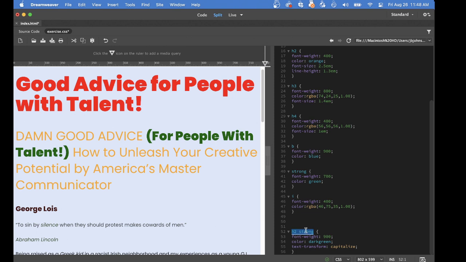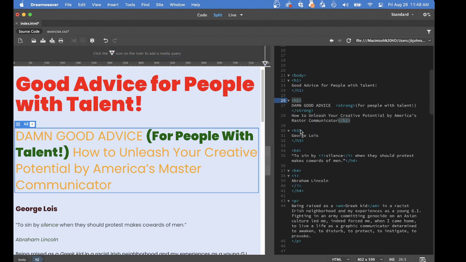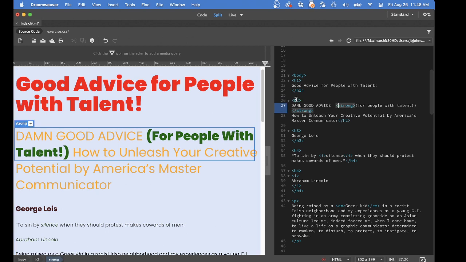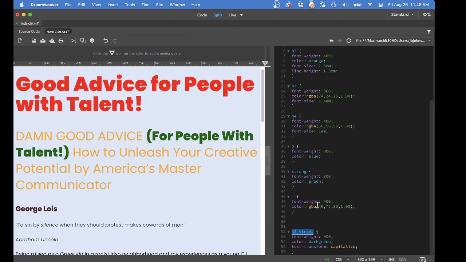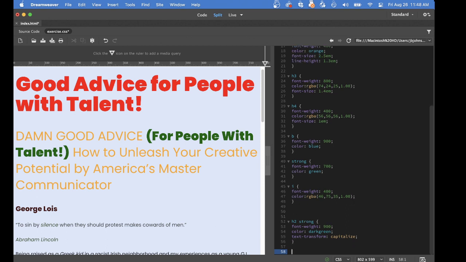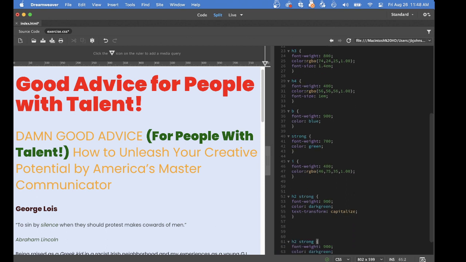And look at the order. Now come back here, look at this order. Strong is inside H2. H2 is bigger, this is smaller. All right, now here's another one. H4 is bigger, I is smaller. Okay, I'm just going to come down here, grab this, and for a moment, I'm going to change this one to those settings. So this is H4I. And, you know, it turns to be the same thing, but